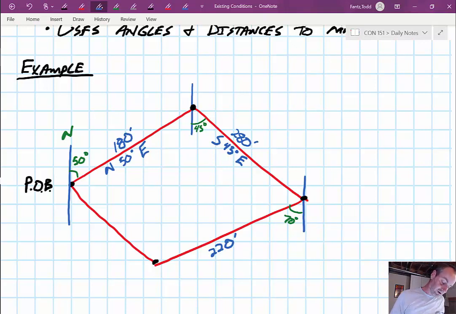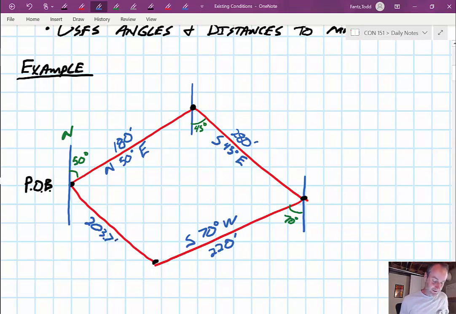So what it is, we're starting from the south direction, and we're rotating 70 degrees towards the west. And then our last one. Now the last one, like I said, I wanted an easy example, but it is true that I have to close it up. The whole thing has to close. So in that case, I had to get a little more particular here. So this last segment, in order to close up, it would be